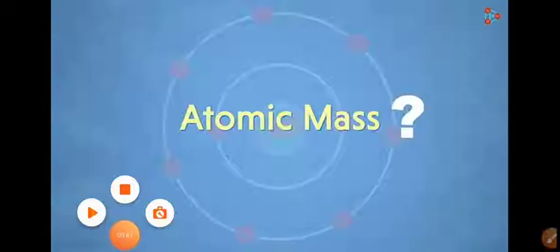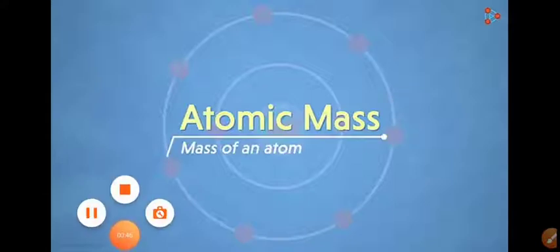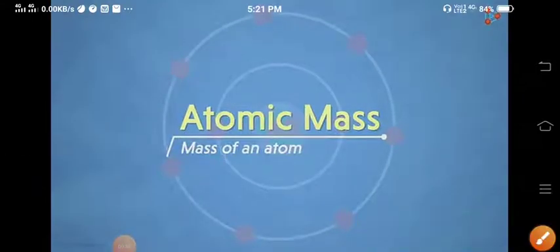In this chapter, we have studied in the last lecture the laws of chemical combination, the law of conservation of matter, the law of constant proportion, and the atom, its size, mass, and valency. Today we are going to discuss the mass of an atom. We will start our first discussion with what atomic mass is. We can simply say that it is the mass of an atom.